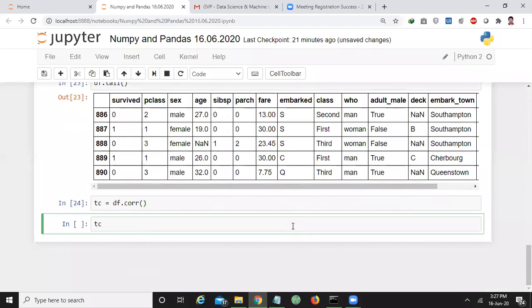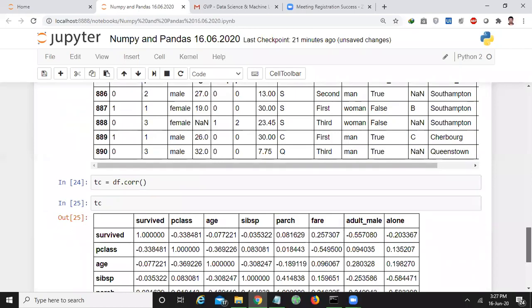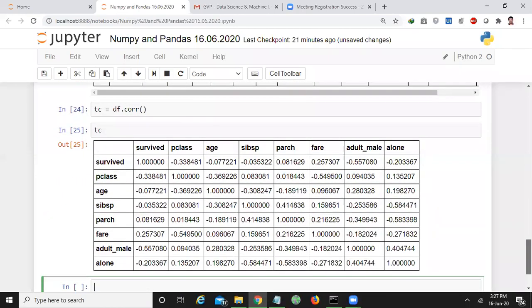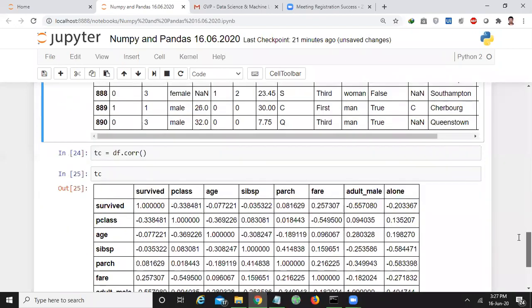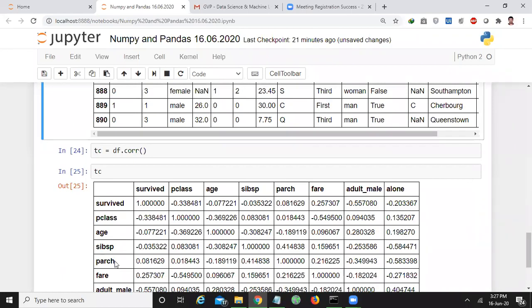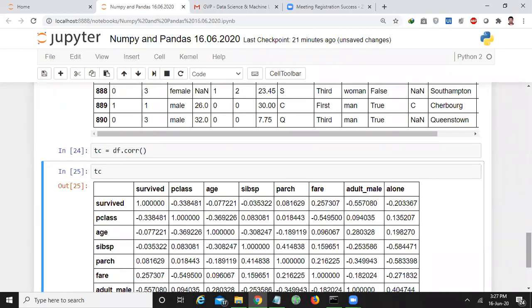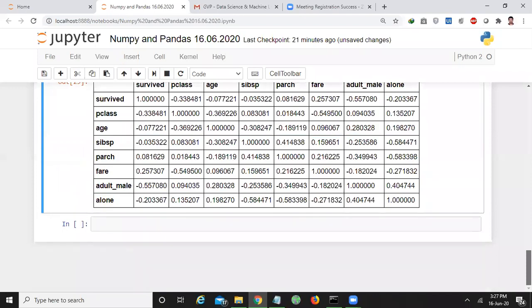And I want to print this correlation. It will look like this. Here survived, P class, age, all these are the columns of your data set. Here you will understand the correlation clearly.